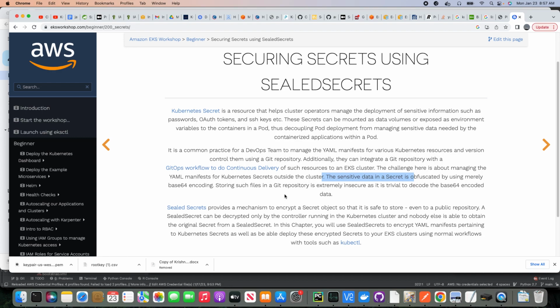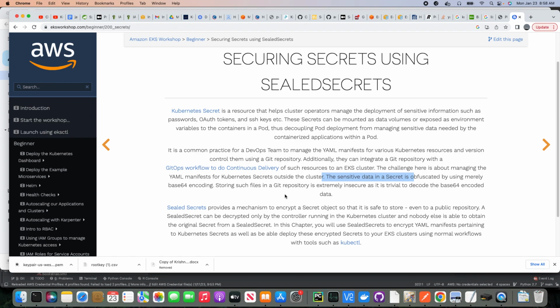And also, once you encrypt it, it creates something called a sealedsecret.yaml file, an encrypted format of the secret that you can store in Git. So for any workflows where you are using CI/CD platforms to use Git and check out the code, you cannot just put it in a base 64 encoded format. You need to use sealed secrets, which is a best practice where you can protect your secrets,